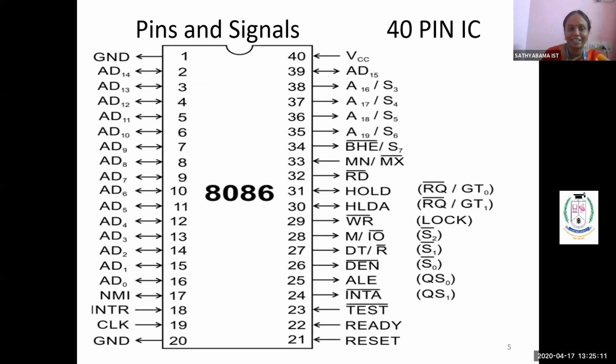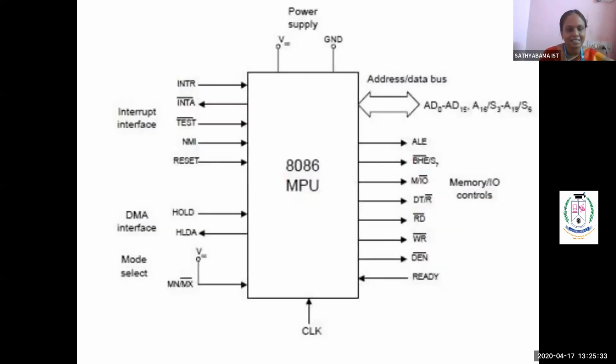Remember, while seeing this pin diagram, you don't need to remember all the pin numbers. We have to segregate only the pins. So this is the total pins, and what pins we have studied in 8085, the same set of pins are here. Only some of the pins have changed. So this is the pin diagram. Next I am going to group them into signals. By grouping into signals, you can understand very well.